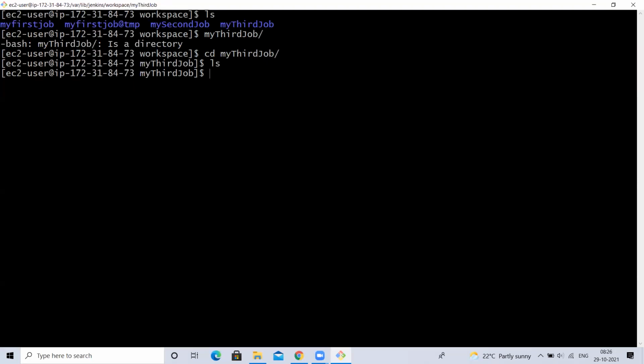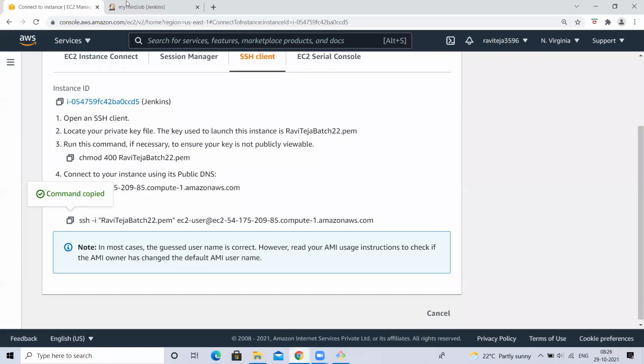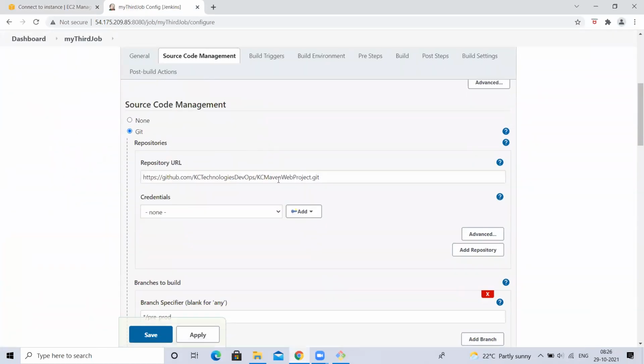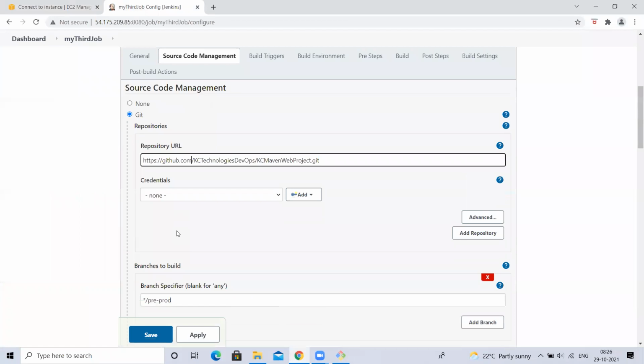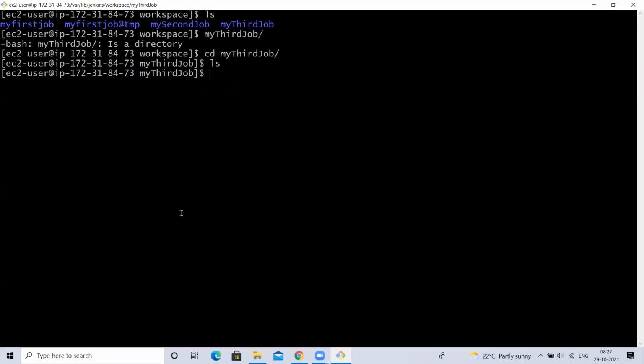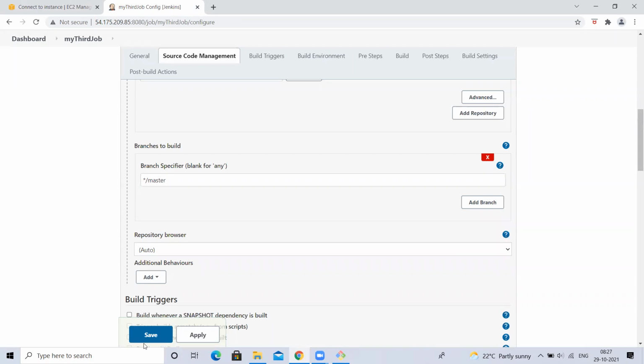Wait a second. What is there in the third job? I gave a URL here. Okay, the pre-prod branch is not there, so let me give it as master. I didn't notice this. There is no code. So now let me save the changes and click on Apply.